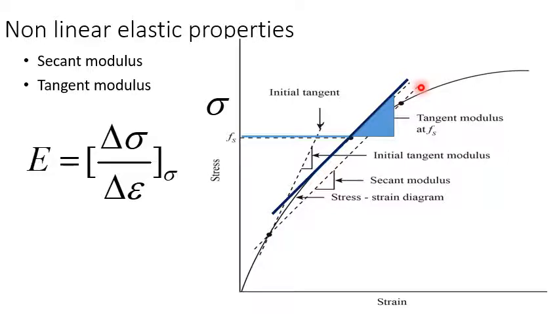Previously they specified the stress here, and for that we drew a linear line starting from the origin, something parallel to the non-linear curve, and took the slope. But when it is the tangent modulus, we drop a tangent to that point, the specified yield point. Then we calculate E, that is the Young's modulus, which is nothing but the stiffness of a material. That is the first property in the non-linear elastic property.